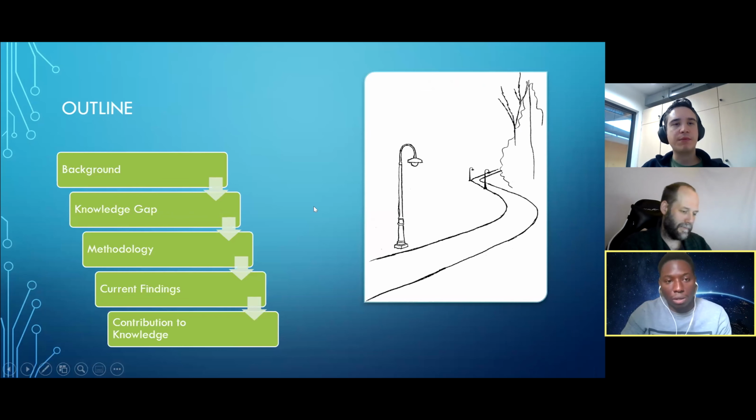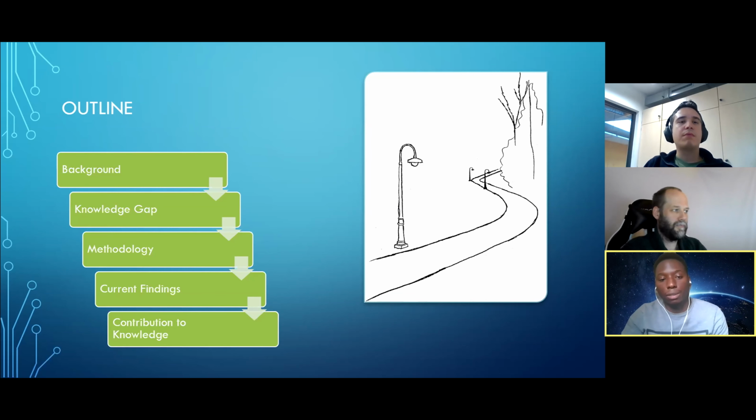The outline for this presentation will be the background of the research itself, the knowledge gap that exists based on the background, the methodology, what we've currently found as the research progresses, the contribution to knowledge, and also future work that will be ongoing for this research.